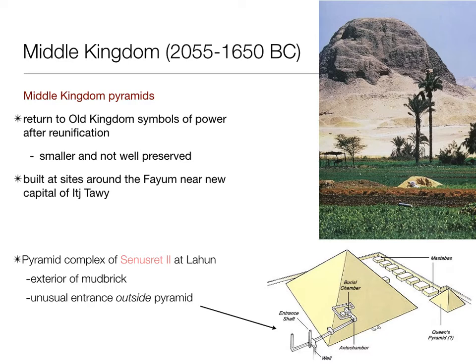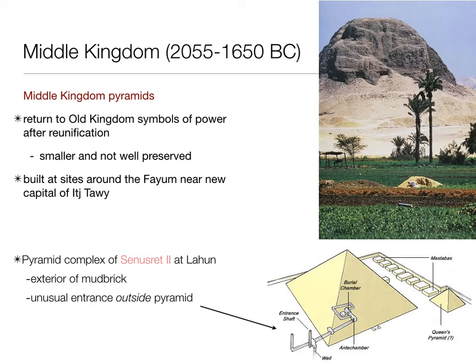So as we noted, Old Kingdom, of course, was the pinnacle of pyramid construction. Pyramids don't disappear in the Middle Kingdom. We don't see them certainly at the same scale. We see them kind of relatively poorly built compared to the Old Kingdom. They don't preserve as well. They're smaller, but they're still important symbols of state power. So they do continue on, as Egypt is unified, they want to kind of reclaim some of these old symbols. So they build pyramids in other spots.